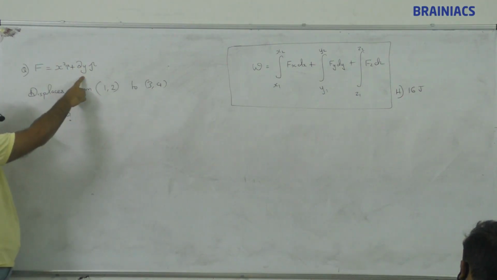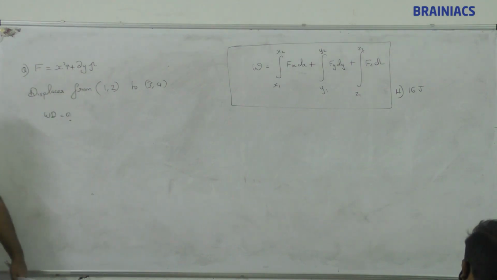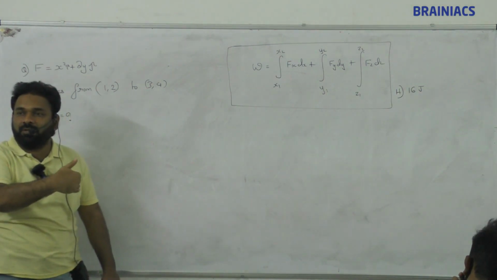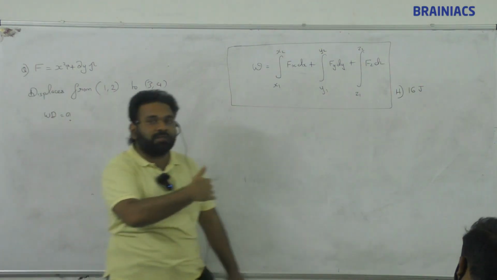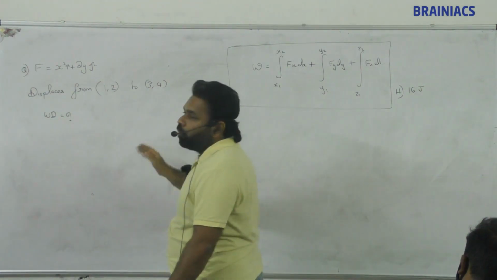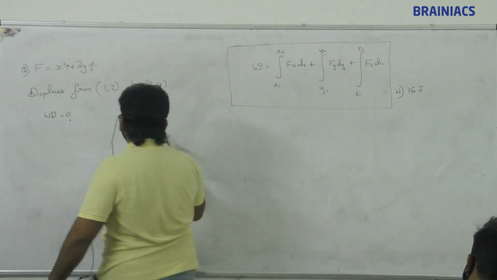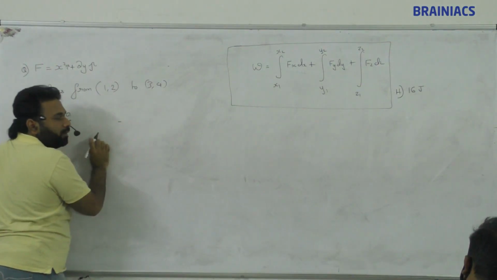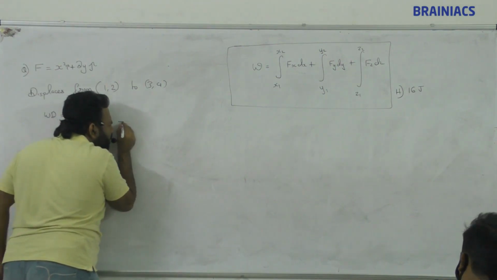So this force keeps on changing. So whatever be the work done for the first meter is completely different for the second meter. Correct or what? So that is why the concept is we will be finding the work done due to the small part, then the work done by the second small part,